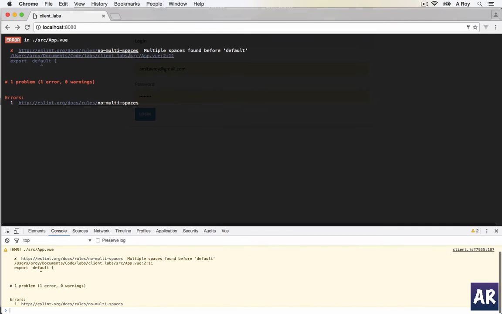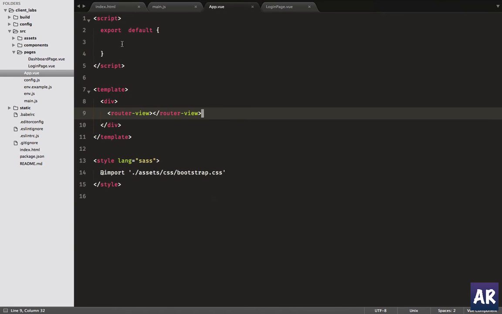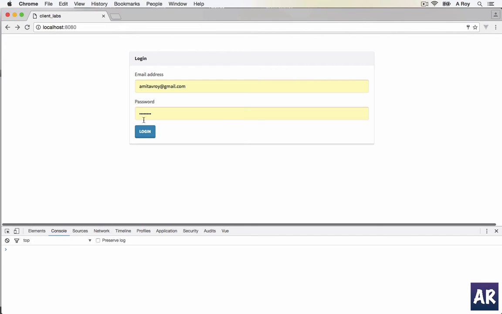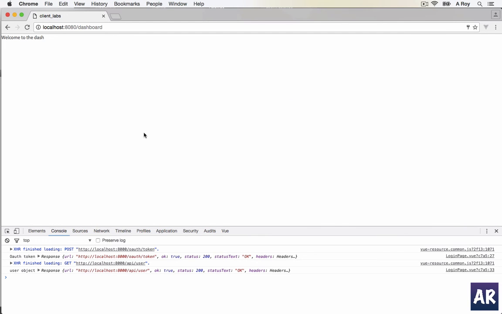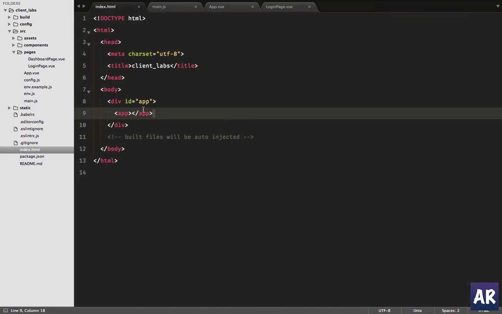Let's see what's happening. No multispaces. App view line number 2. Okay, lint error. Fine. So we have the home page, which is rendering the login, and if I do the login, I'm coming to the dashboard. So the first part is over, which is I have refactored so that index.html only has app,